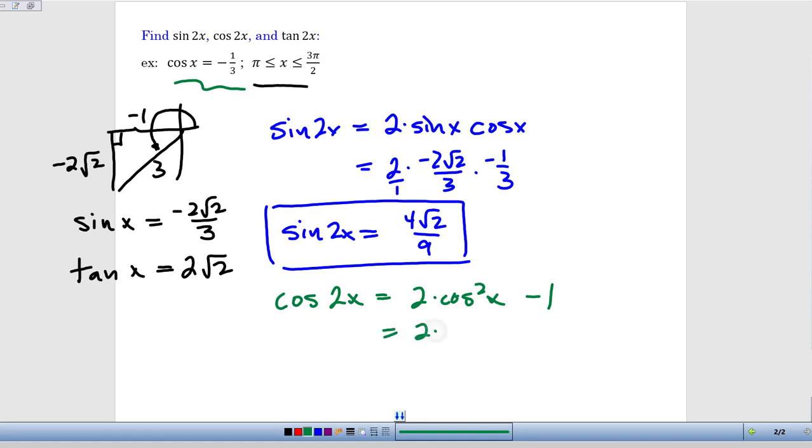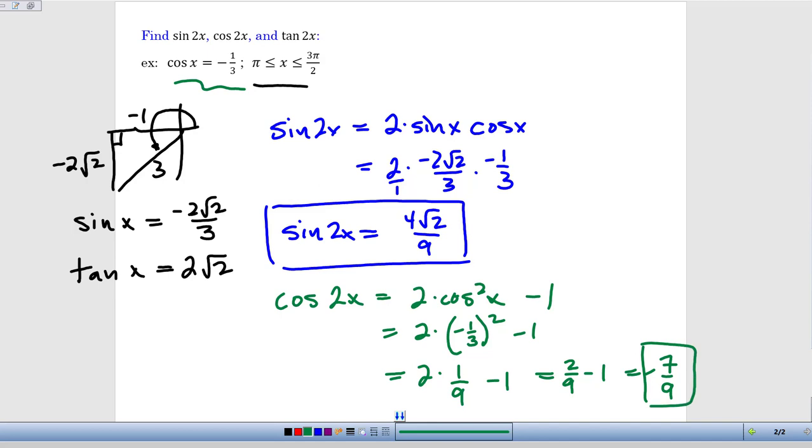So 2 times negative 1/3 squared, so cosine of x is negative 1/3, so negative 1/3 squared minus 1. So we've got 2 times 1/9 minus 1. So 2 times 1/9 is 2/9 minus 1. So 2/9 minus 9/9 means we're going to get eventually an answer of negative 7/9